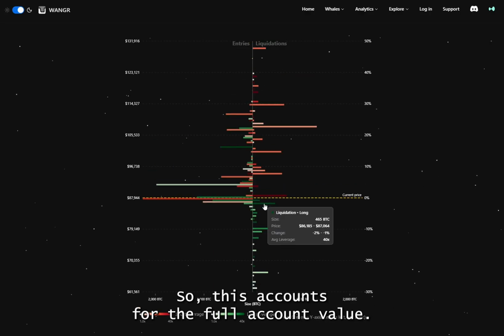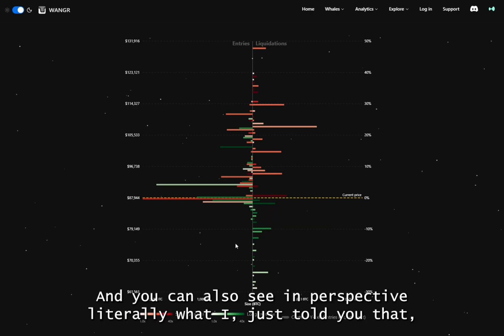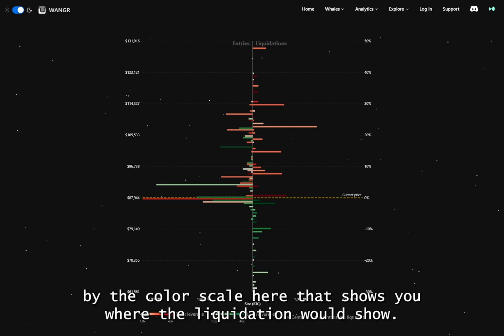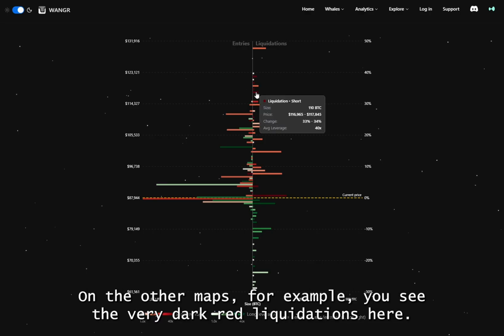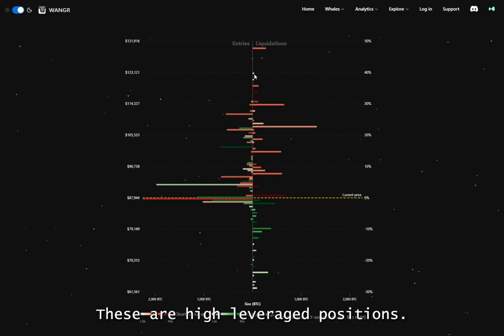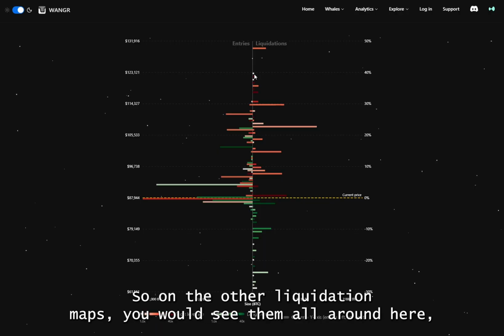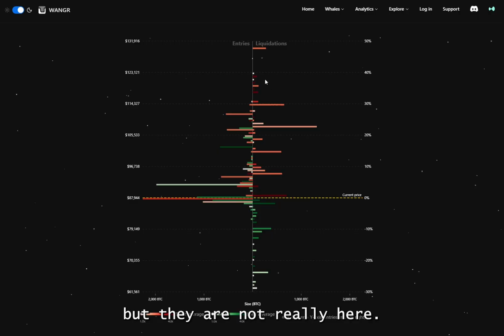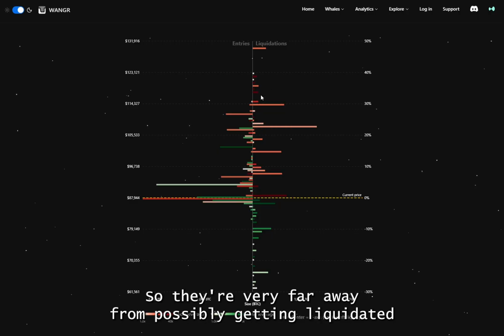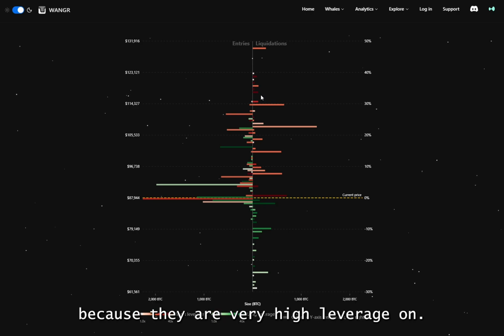So this accounts for the full account value. And you can also see in perspective literally what I just told you, by the color scale here, that shows you where the liquidation would show on the other maps. For example, you see the very dark red liquidations here. These are high leverage positions. So on the other liquidation maps, you would see them all around here, but they are not really here. They are up there. So they're very far away from possibly getting liquidated, because they are very high leverage only